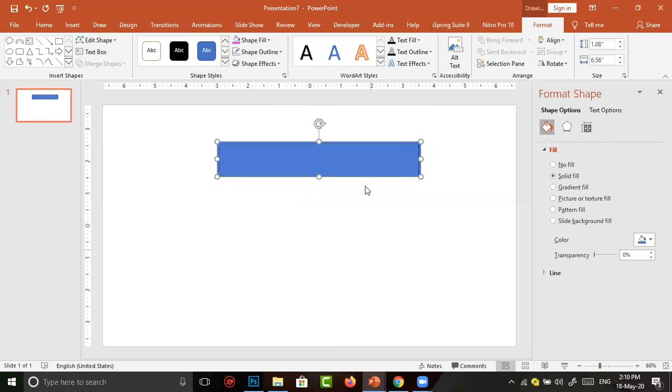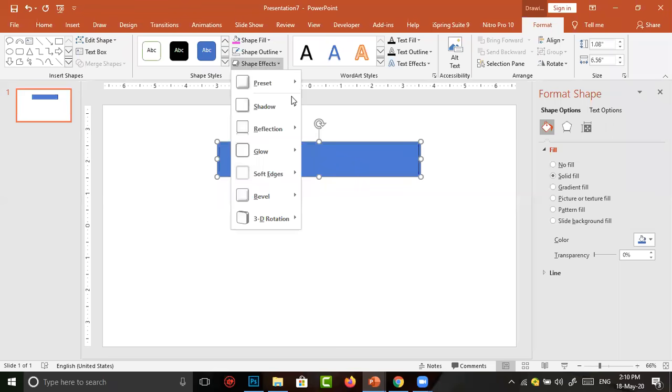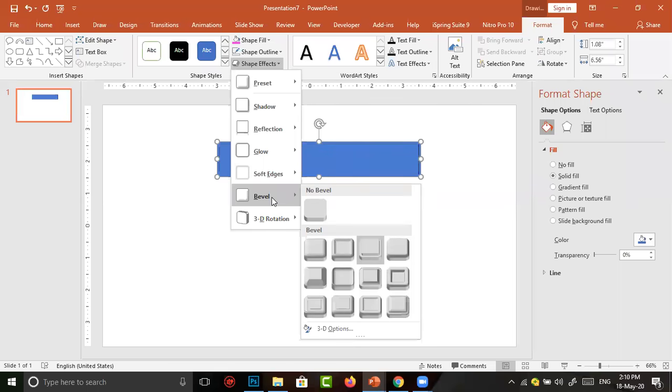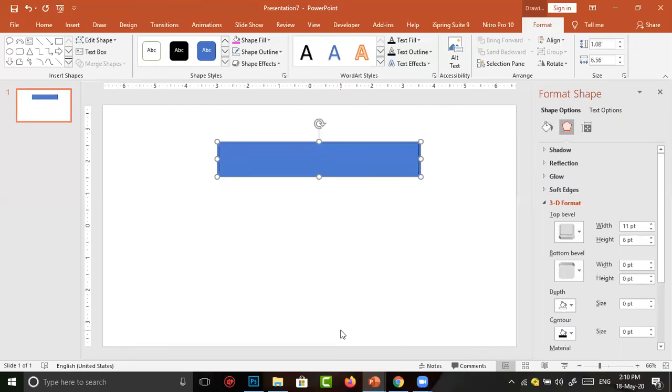Then next, I want to increase the width of the bevel inside the box. The box is already selected. So I go to shape effect. In shape effect, again come to bevel. After going to bevel, on the right side, I go to 3D options. In 3D options, the height and width of the bevel can be adjusted. I want to increase the height.